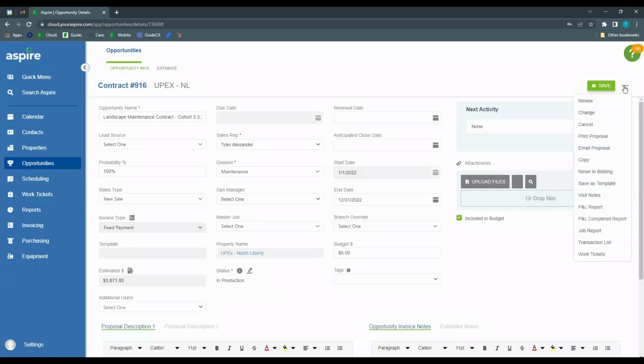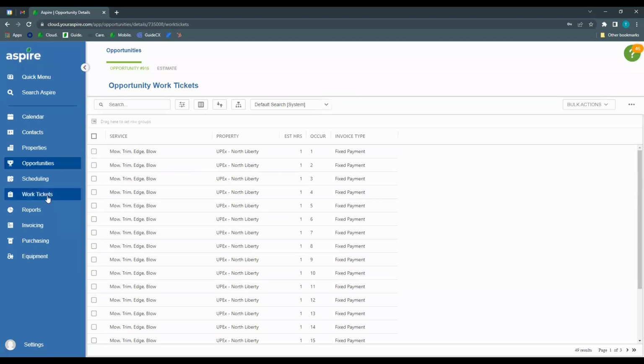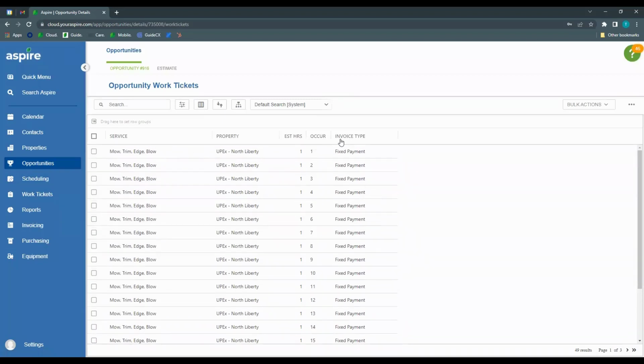So if we go up to our 3-dot menu, notice we have work tickets, and this drop-down menu gets significantly longer the further you move through an opportunity's life cycle. So now we have work tickets. And remember, work tickets are what actually get scheduled. So remember, we had 30 mow occurrences. It's just a good practice, especially early on as you guys are getting comfortable with Aspire and winning contracts, to go click into your work tickets and just scroll through here,